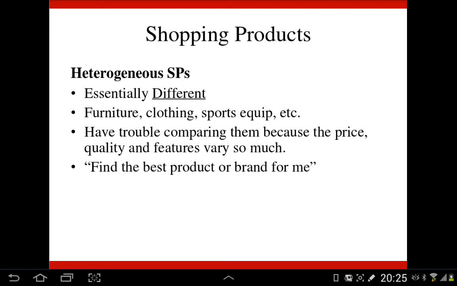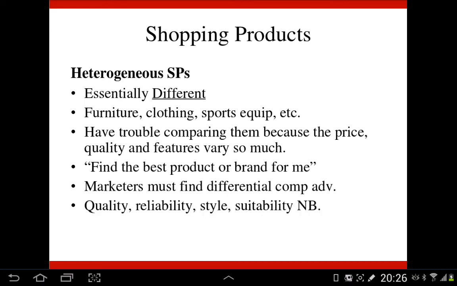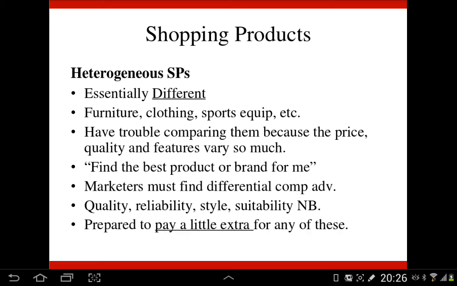So that's why people often say, no, I want to find the best product and brand for me. My favorite product or brand in this category. And therefore, marketers need to find something that differentiates their product or brand. Things like quality, reliability, style, suitability, and so forth are very important with heterogeneous shopping products. And people are willing to pay a little bit extra for that Nike shoe, or that Adidas shoe. It's not just a random shoe; they've got some style there, some brand name there, maybe better quality,